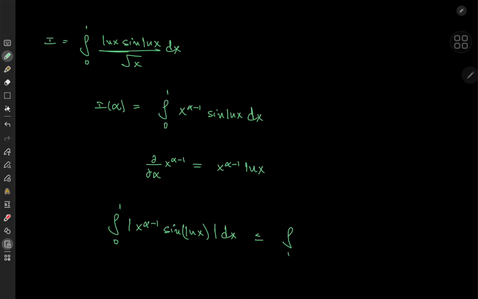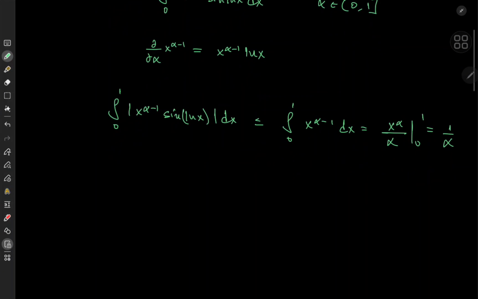So this thing is less than or equal to the integral from 0 to 1 of x to the alpha minus 1, where I'm taking alpha to be in the interval 0 to 1, so the half open interval here. So that means on the right-hand side, we do have x to the alpha over alpha. Limits are 0 and 1, so for the 0 limit, this thing will collapse to 0. And for 1, we have 1 over alpha. So the integral does converge absolutely, and there is no problem in switching up the order of operators if we